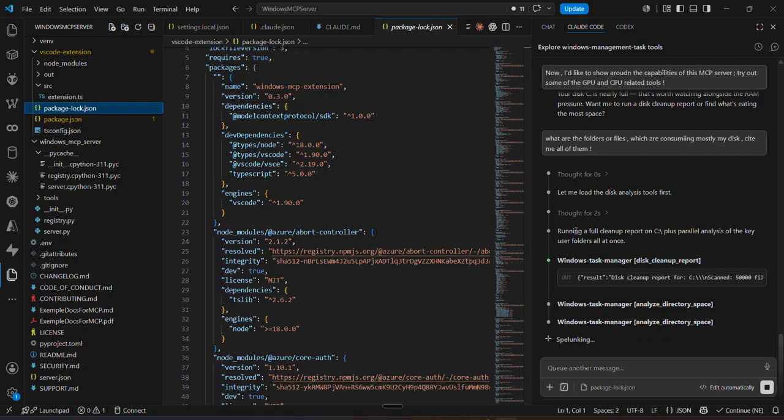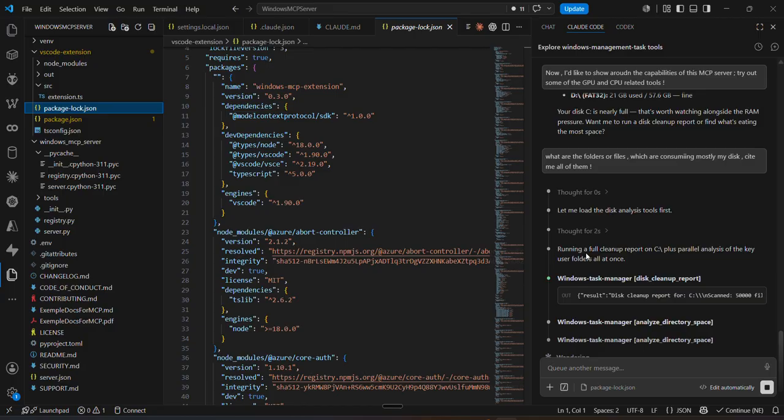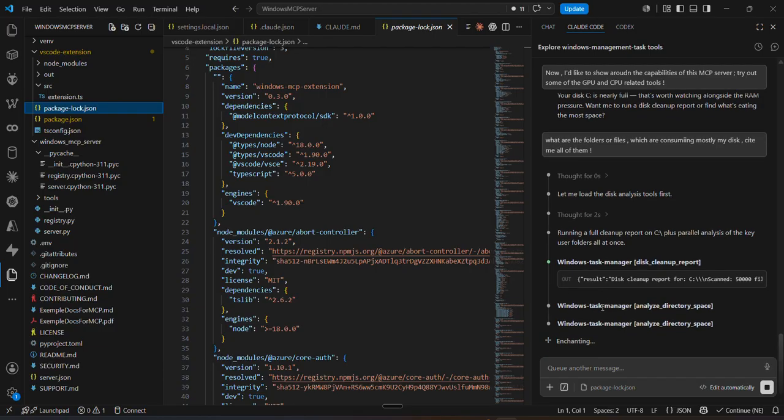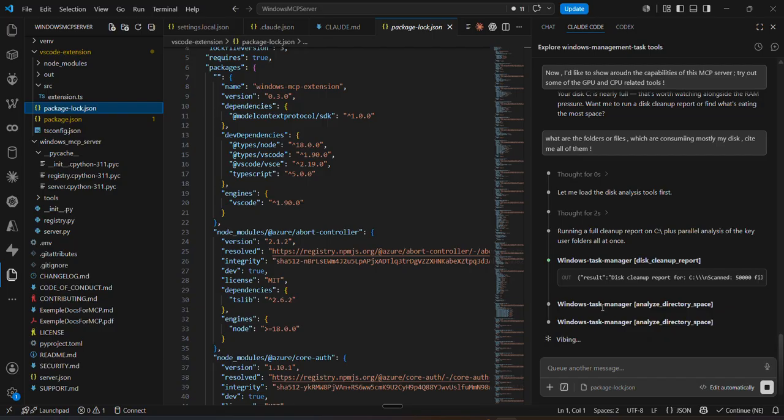Maybe. No, this is taking quite a lot of time, about 60 or 80 seconds. Let us wait and see what the results are. Well, this is taking a lot of time, since you could even hear my PC is heating up. It's a heavy task to do, but it actually is much faster than, say, using